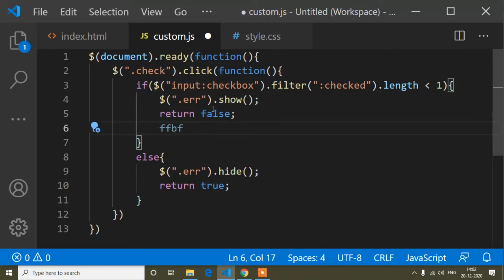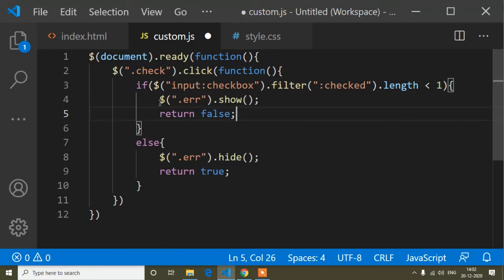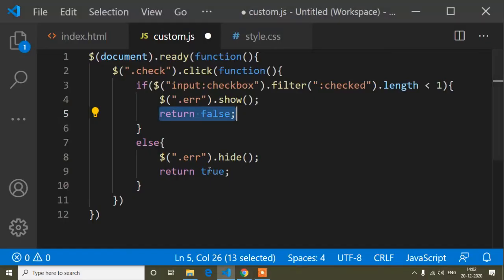If I write anything here, it shows as disabled because of return false, it will not execute the next line. That is the work of return false. That's why when the error is shown, I have to write return false. That means when there is an error, it will not go ahead. If you go to submit your form, it will not go ahead. So that's why I have written return false here, otherwise the error will be hidden, so then return true.